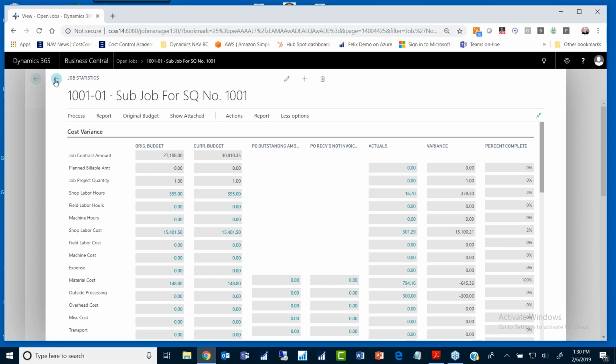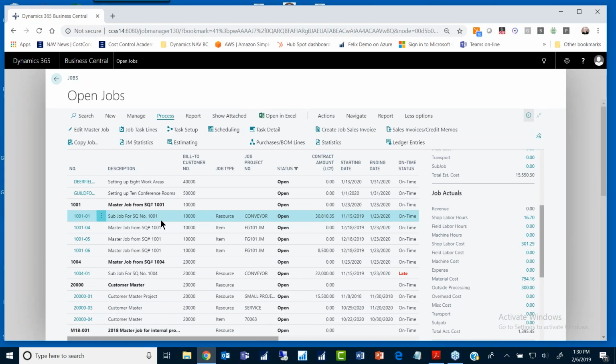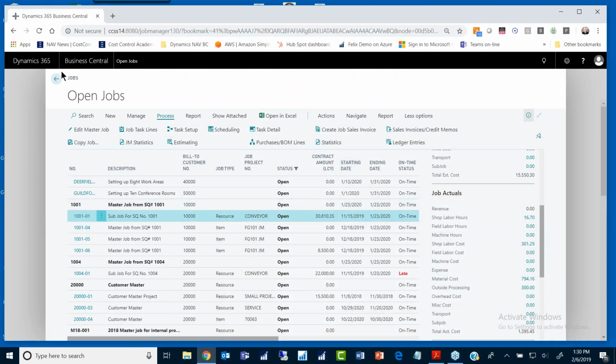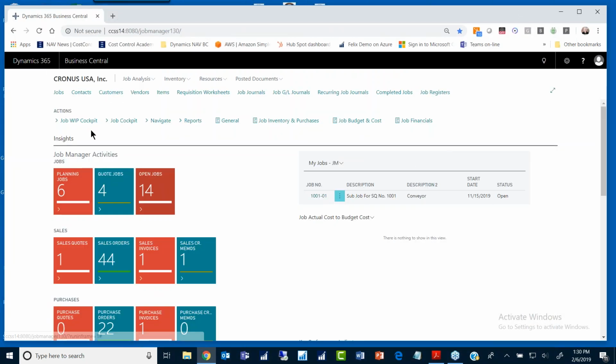Okay, so let's go back. So this is all about statistics, and there's actually more to those statistics than I'm going to have time to show today. I want to show this too. Oh gosh, there's always so much to show. Let me just show you real quickly what we call the job cockpit. So I'm going to move that out of the way. So back on the main screen here,